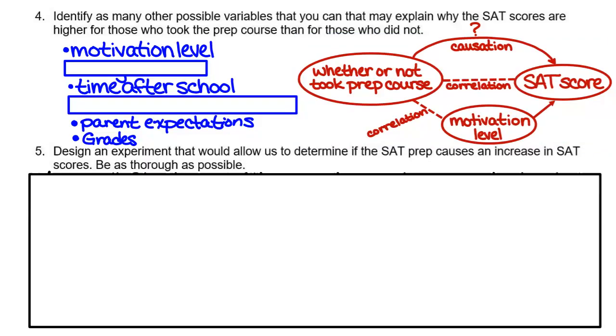I still want to take some ideas here, but we've got our explanatory variable, whether or not a prep course has been taken. We have the SAT score. We know these things are correlated. We don't know that one is causing the other. Maybe motivation is the cause for the higher SAT score. And motivation is also related to whether or not they took the prep class. Oh, yeah, I got it. Back and forth, back and forth.